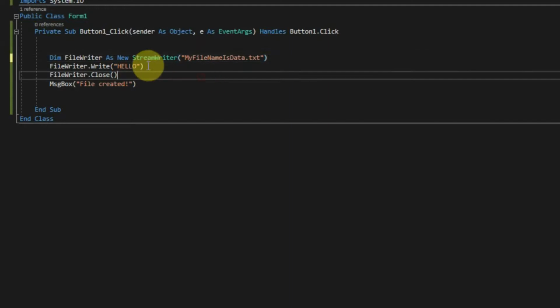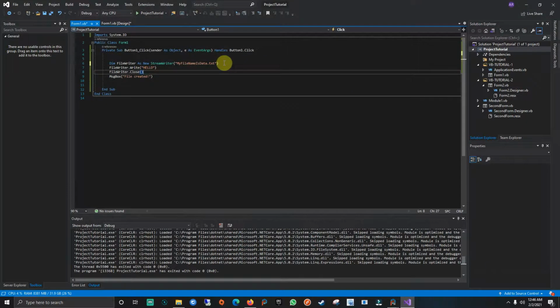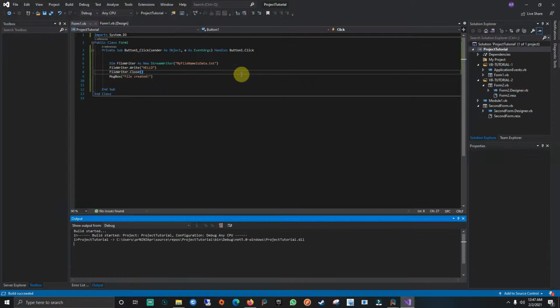And that's it. From here, it will save the file inside the default folder where your program is. It doesn't matter where it is, whatever it is. In our case, it's in the debug folder of our project, so we've got to go there. If I go here and hit run,